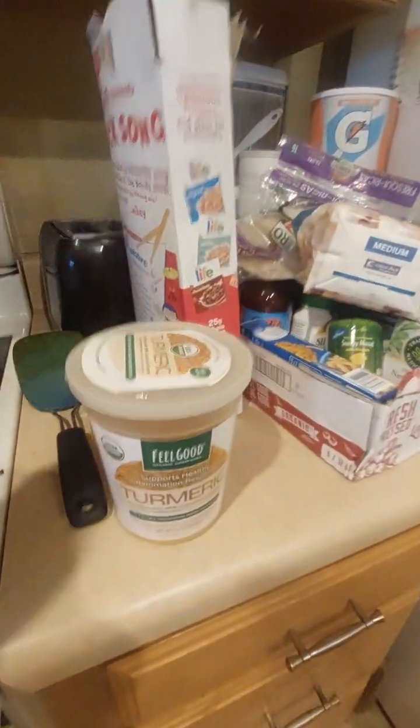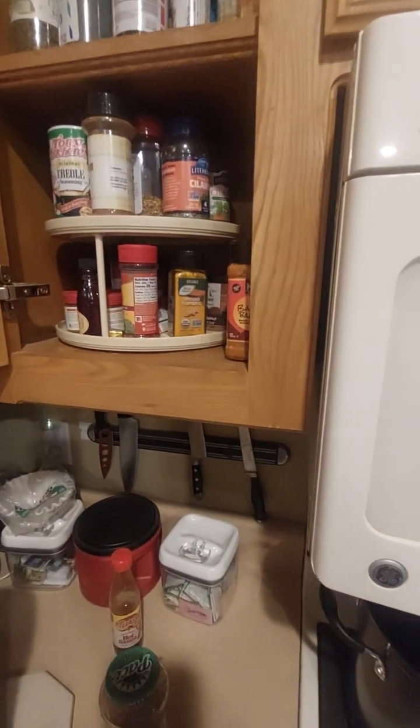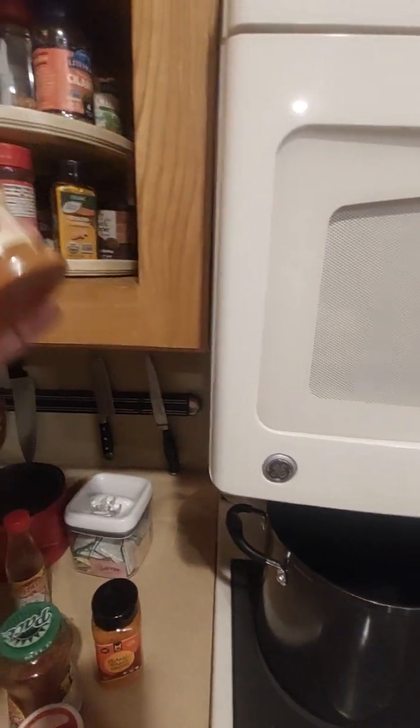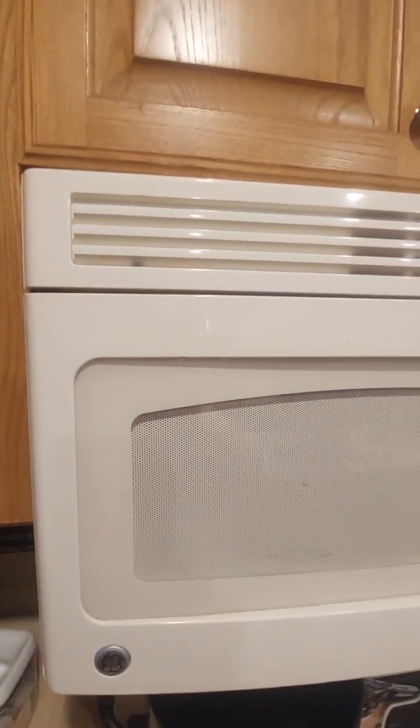Okay, so here's an update. There's a longer video with the meats and stuff I put in it. I added this turmeric, and then I did the cayenne pepper, which is this one. Added this. This is, again, for heart health. I did some nutritional yeast, some seasoned salt,